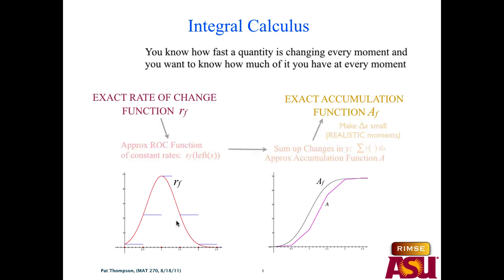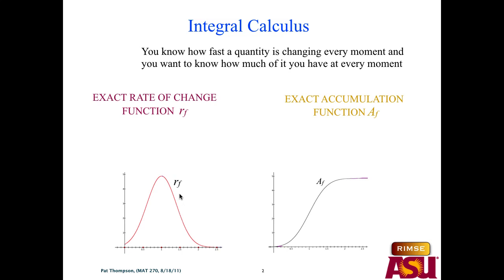Then we have this idea of, well, I have this rate function, I've used all of its values. I have this accumulation that comes from using all of the values, so it must be exact, or as exact as matters if you want to use slightly larger